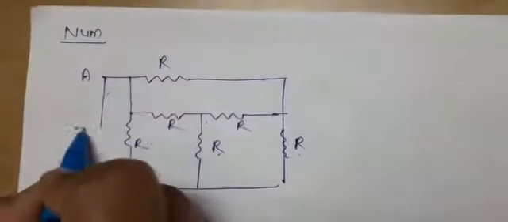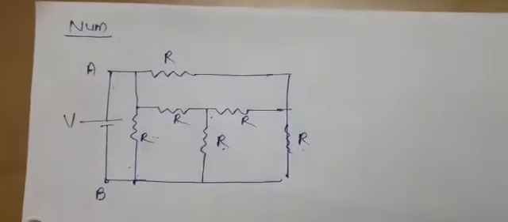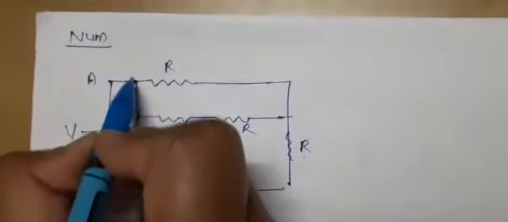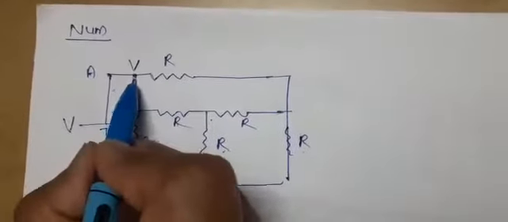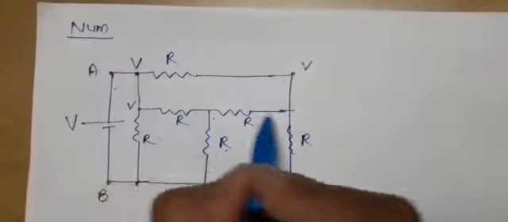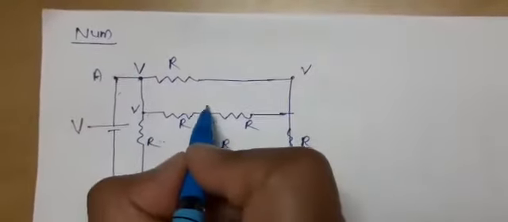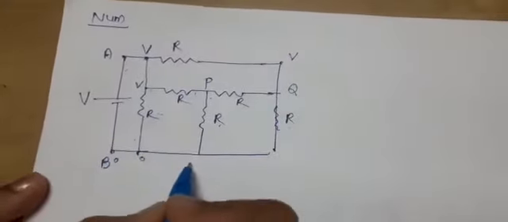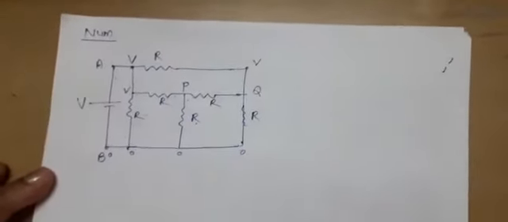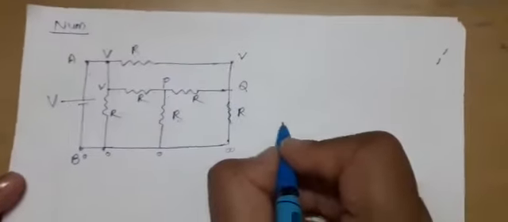We will take one battery connected between these. If the battery is connected, A is at V potential, so this point will be at V potential, and this will also be at V potential, because this combination is in parallel with it. If we take this terminal to be P and this to be Q, you can see that if this is taken to be 0, this will be at 0 potential, this will be at 0, and this is also at 0 potential. So let me try to realize it in terms of a Wheatstone bridge.